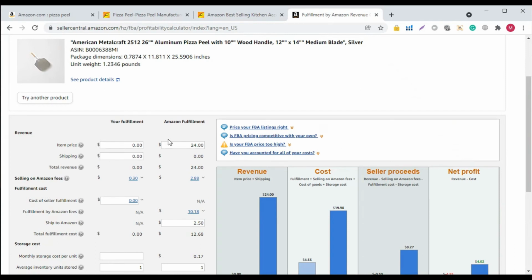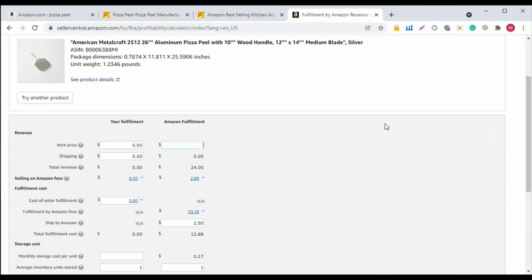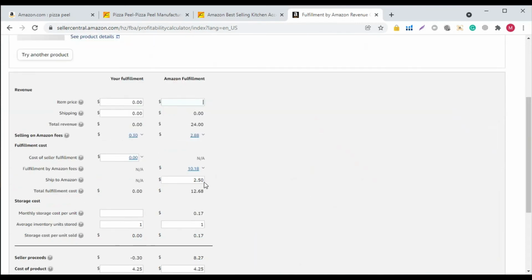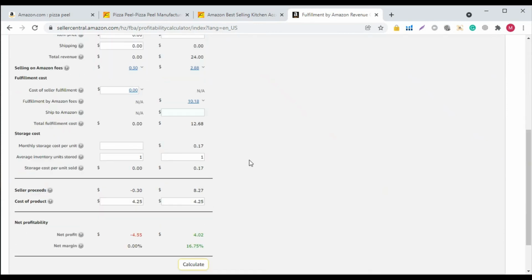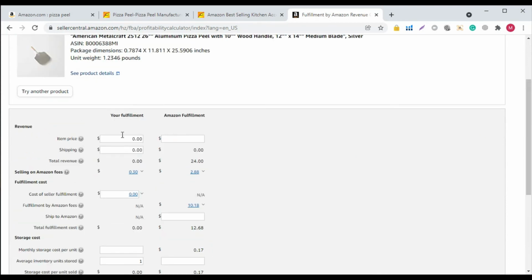And yes, about your fulfillment, it is FBM. Firstly, I will erase all of this information from FBA so it doesn't interrupt our FBM calculation. Okay, let's move this as well. So here on FBM, if you are doing FBM, you have to put the same as you have put on item price on FBA. So item price is, let's say,